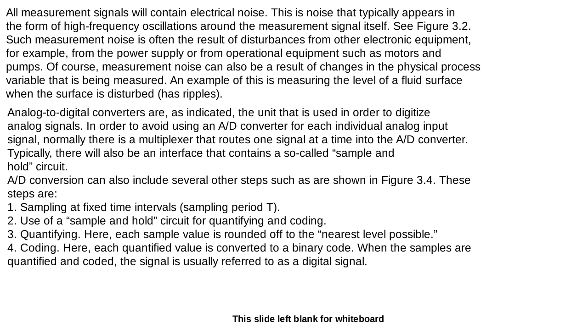now after you have quantified your values, then they are converted to a digital binary code. Those are the four major steps that are involved in analog to digital conversion: sampling, sample and hold, quantifying, that is the rounding off to the nearest level possible, and the coding, which is converting to a binary code. And therefore, the output, whatever you have now after this, will be a digital signal in the form of a binary code. We can talk about these processes, like the sampling, and say that during sampling in the digital to analog conversion,